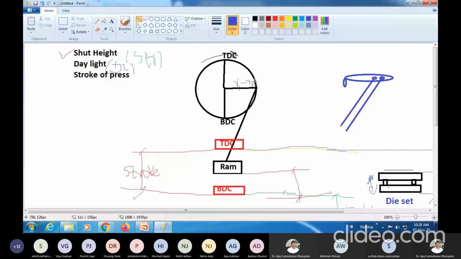So we can vary that R1 and R2. If I keep it at R1, obviously the stroke will be less, because the radius of the crank can vary.